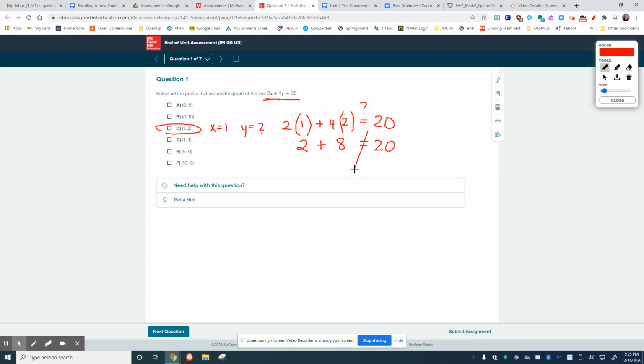I don't think so, Mr. Quilter. That's a false statement. Since that's a false statement, what does that tell us about the solution right here? Well, that tells me that it doesn't make that equation true. So I venture to say that that point is not on the graph. Do that same thing for all the rest of them. Find out which ones are true and which ones are not. What you'll pay attention to with this problem is that it is worth 2 points. There are exactly 2 answers for this problem. Number 2,